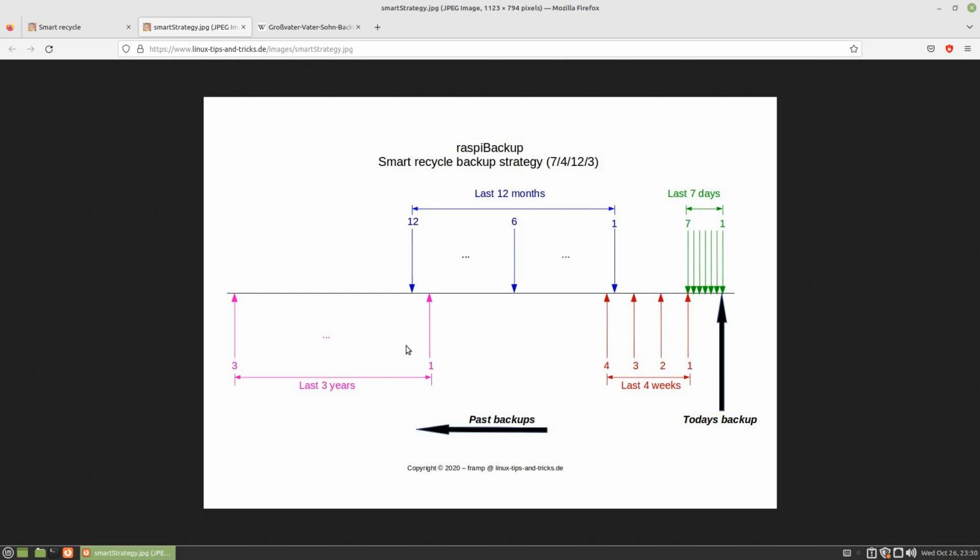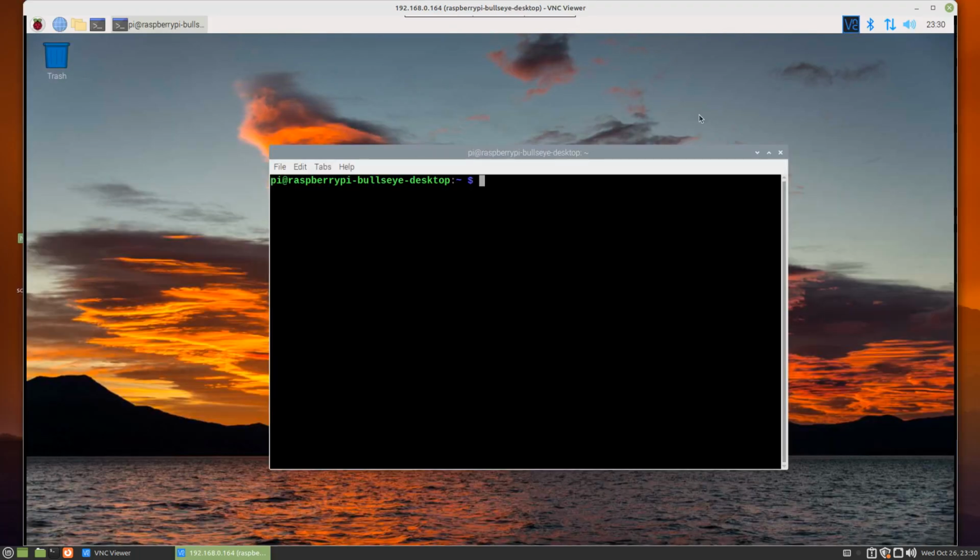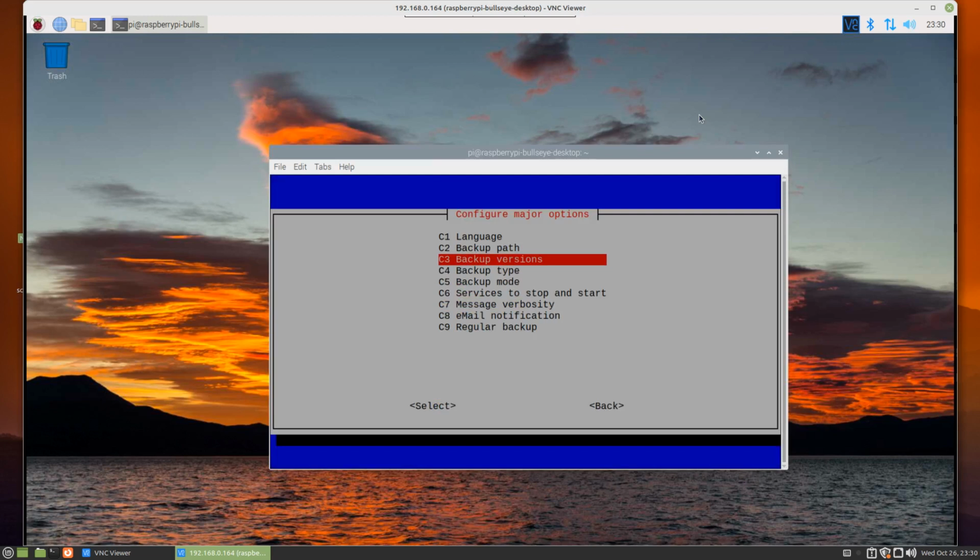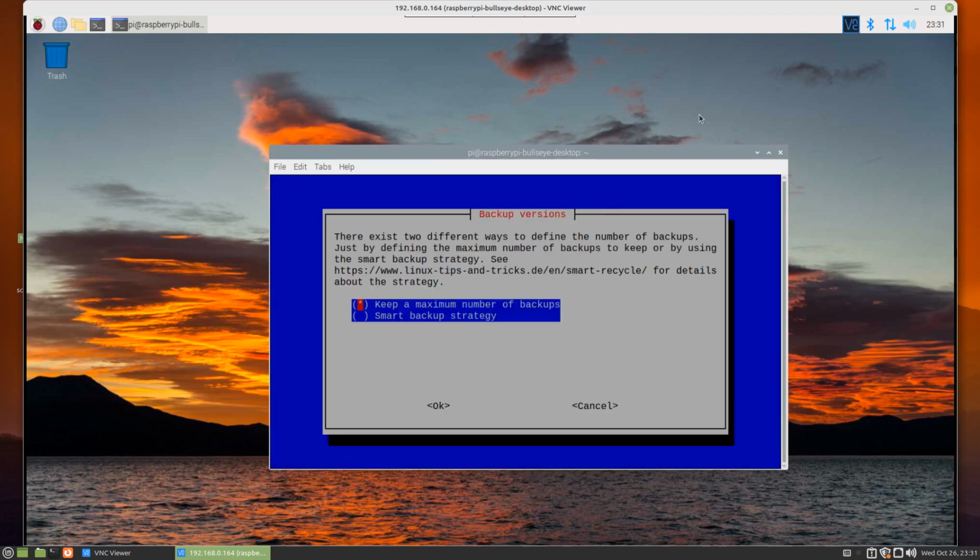So, how do you configure this backup strategy? Let's go to the command line. There are 2 ways to get it done. First of all, if you install raspiBackup initially, you can decide to use this strategy just when you set up raspiBackup. Okay, sorry. So here you can select Smart Backup Strategy